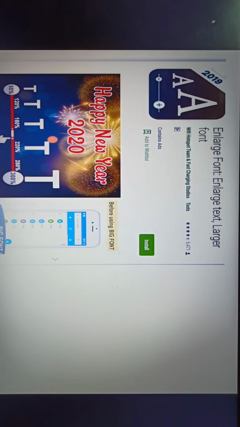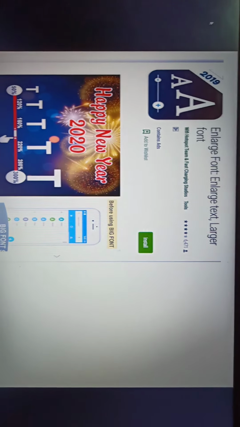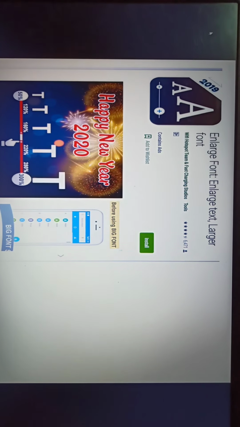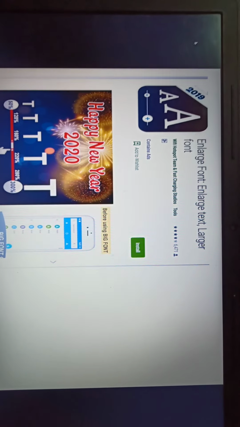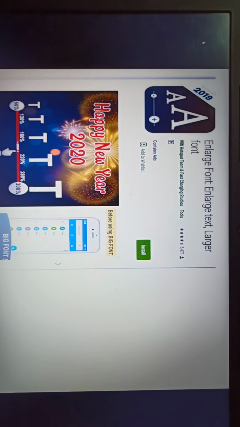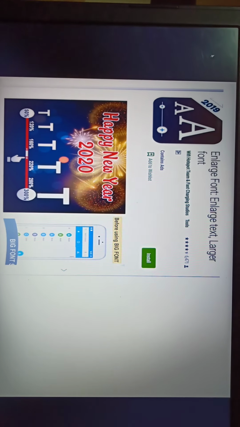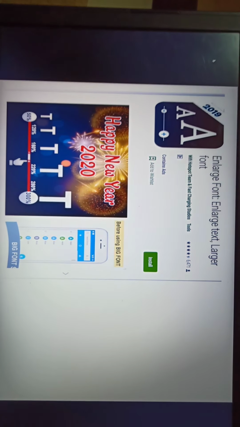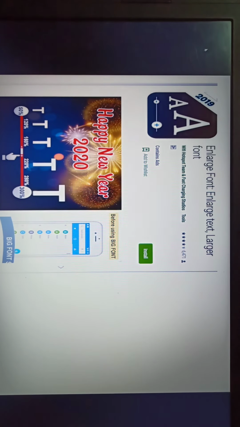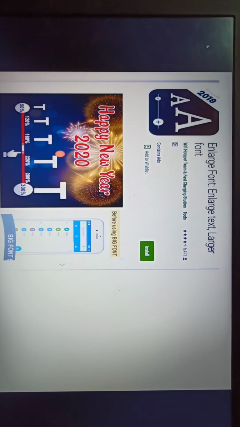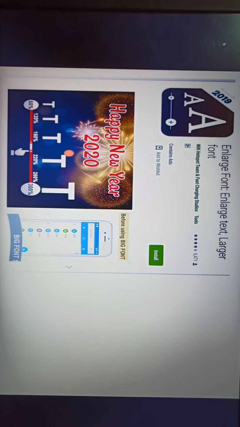The very first which I would like to tell you is a very simple thing. I think most of us, most of the presbyopes, most of our relatives, our parents may be using this. May not be this app, but definitely we enlarge the font size in our normal mobile and then we give it to them, so that they can see the mobiles without use of spectacles. But this is an app which is useful for low vision patients also. It can magnify up to 300%. Enlarge Font is the name of the app.